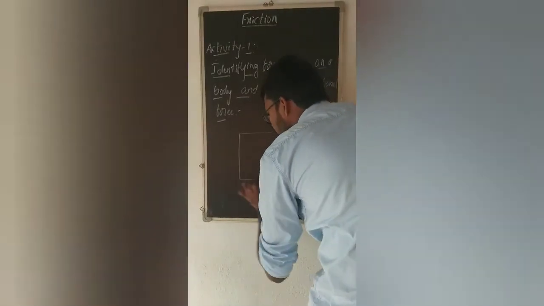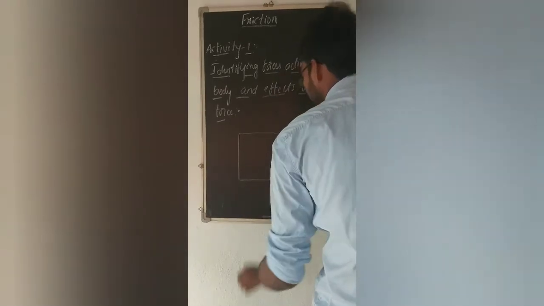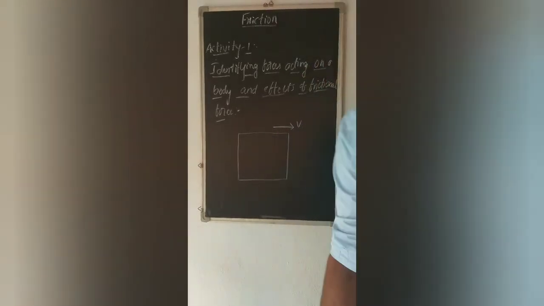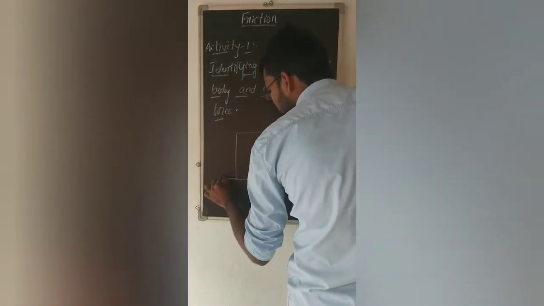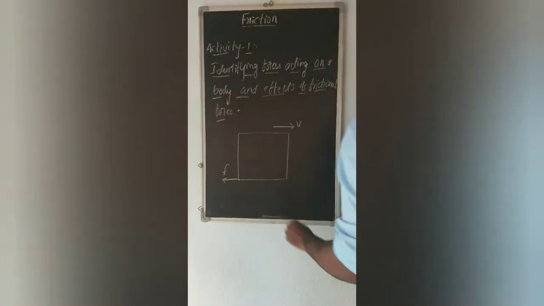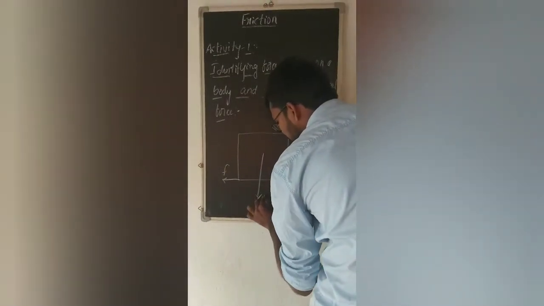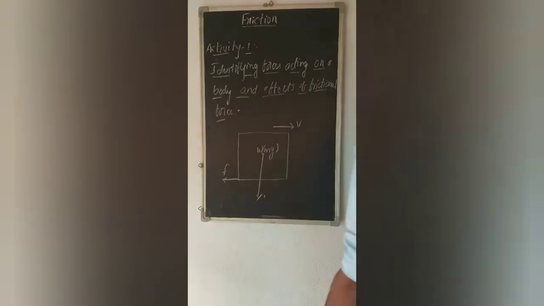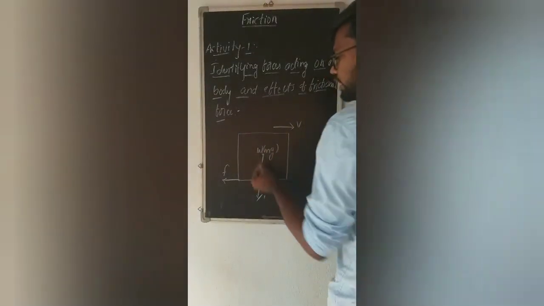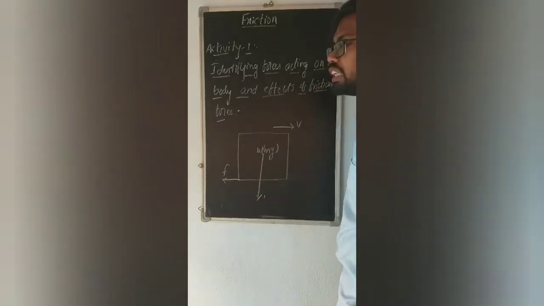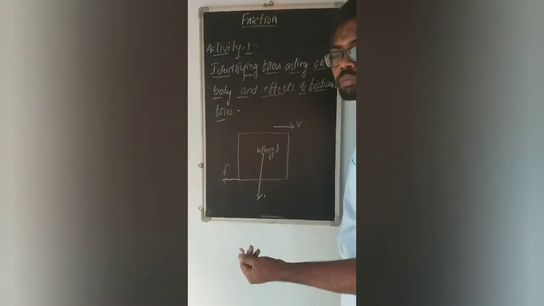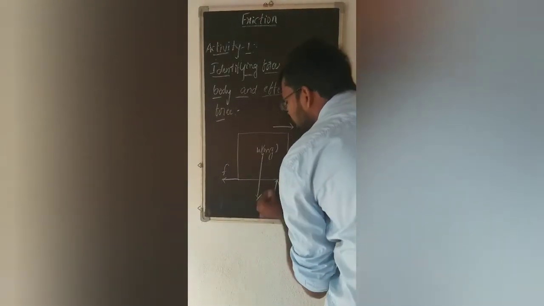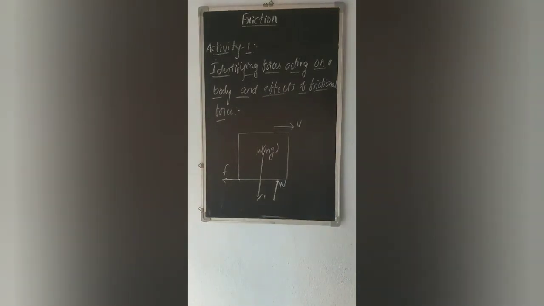What are we placing? A book, so it is a square. Now velocity will be in this direction. Frictional force will be in the opposite direction. W is weight, which means mg. We can say W or mg, which means mass into gravitational acceleration; only when mass into gravity is taken do we call it weight, otherwise it is mg. And normal force will act upwards.